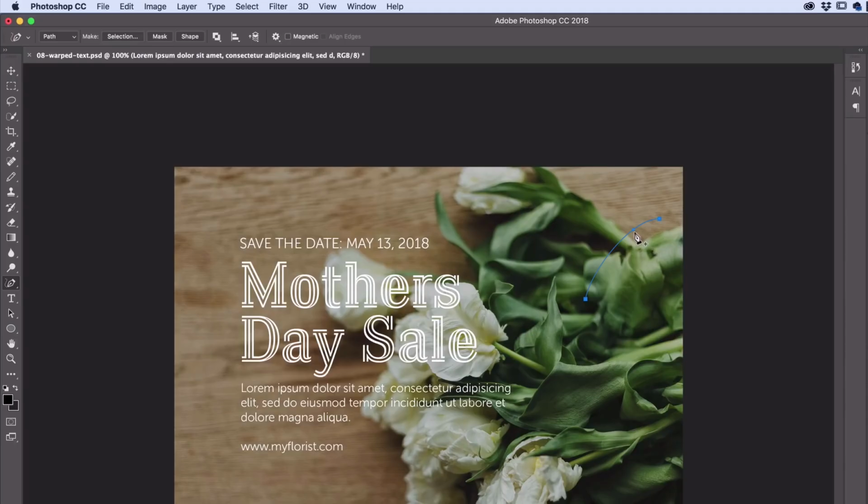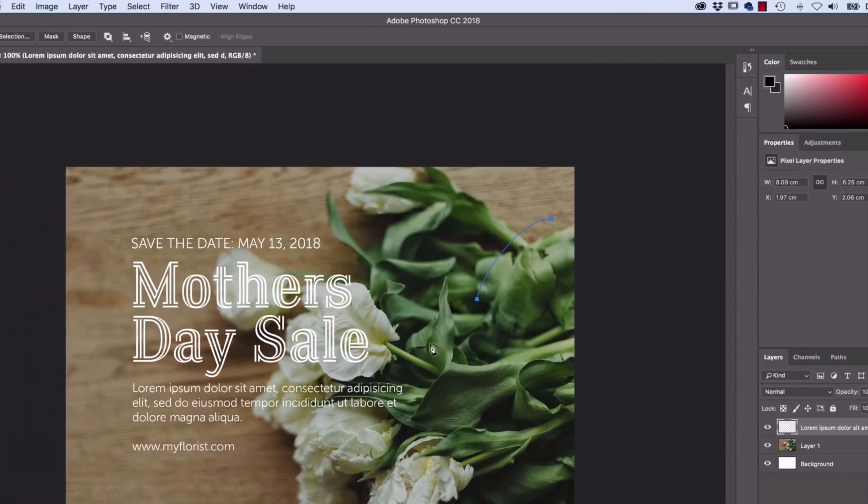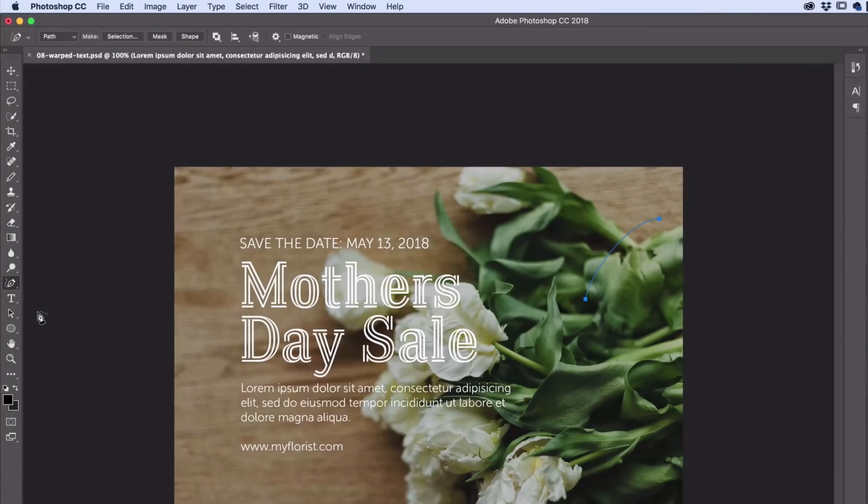Once you've got your path though, the interesting thing about paths is they're one of the few things that don't appear in the layers panel. They end up in this path panel. Don't go in there, it's messy and scary, but for this technique, we're going to stay out here in the layers. So all we need to do now to get the text to follow along is grab the type tool,